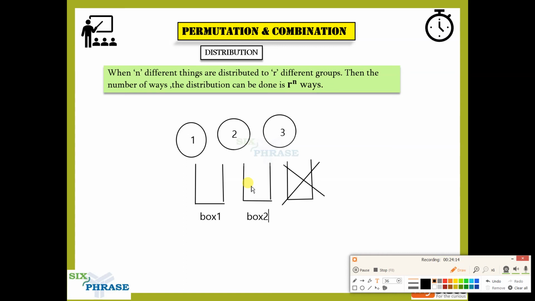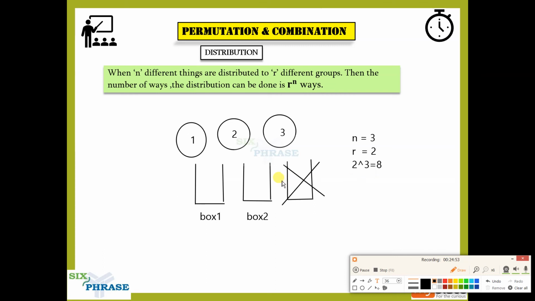Pause the video now. So I hope you have an answer here. It is again very simple, guys. Find the value of n, find the value of r, you will get the answer very quickly. But how do we understand this? Now what is n, what is r? First, n is the total number of things we are distributing, so it is 3. R is the total number of places where it is distributed, so 2 places. So r power n will give you 2 power 3. It should give you 2 cube, which will be 8. So 8 is your answer.